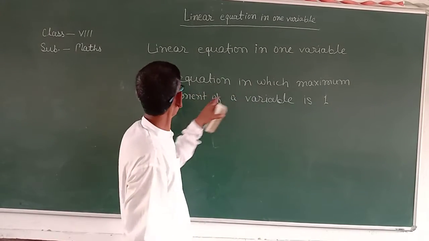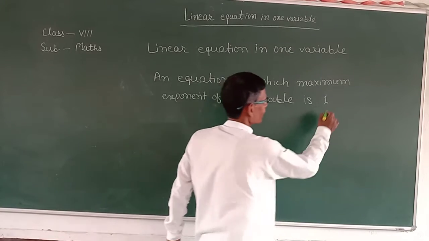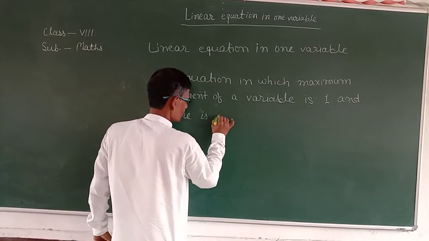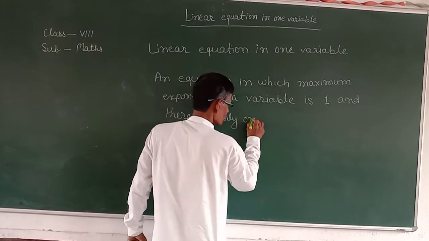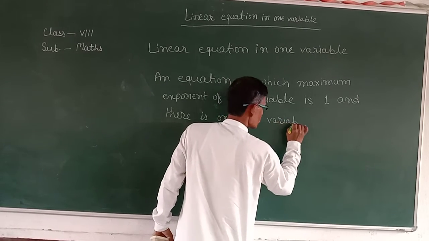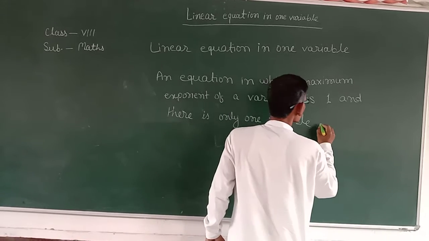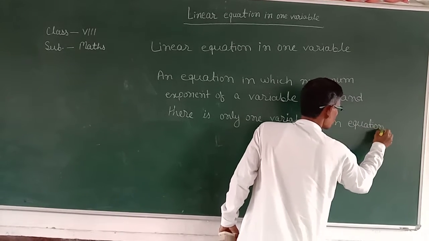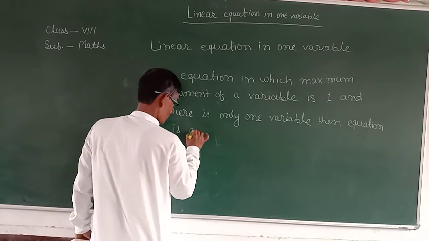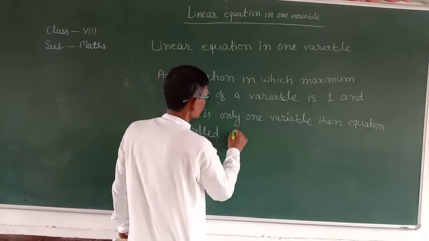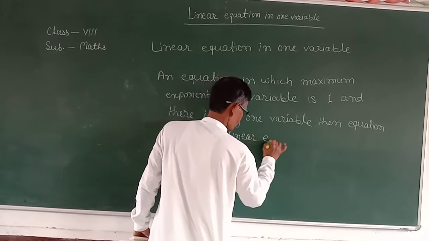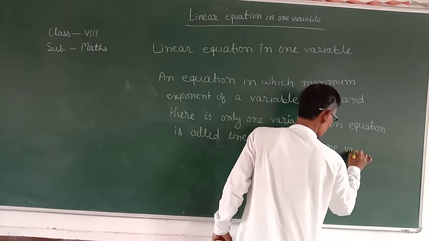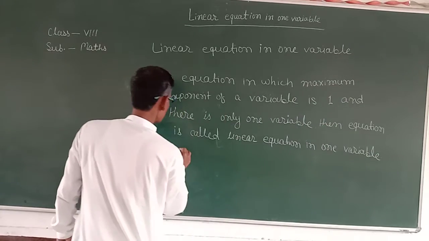Then an equation in which maximum exponent of a variable is 1 and there is only one variable is called linear equation in one variable. Example: